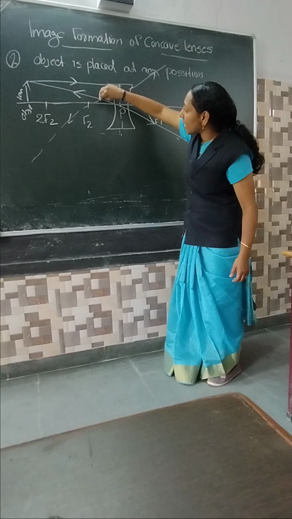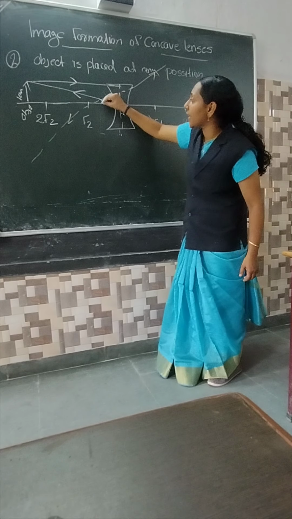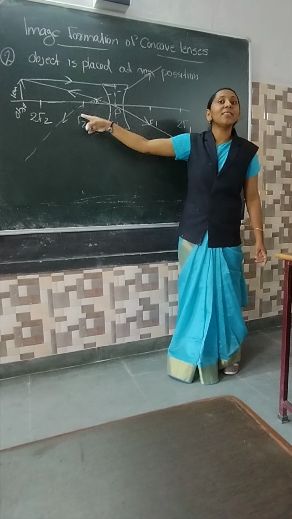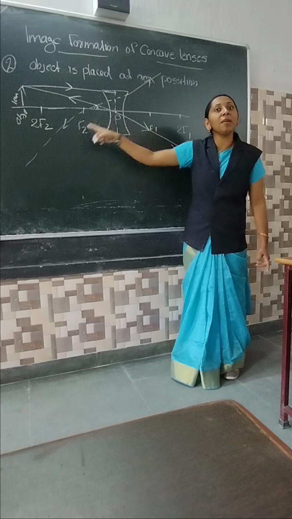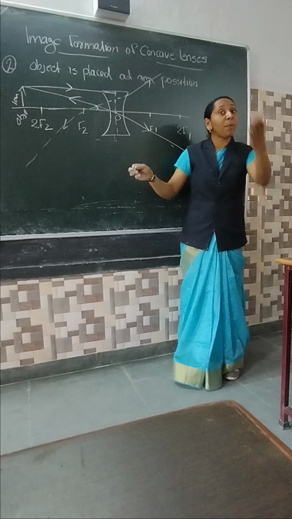Look, now the intersecting point is found here, isn't it? Is it clear to everyone now? So where is this object? Above the principal axis, in between O and F, the secondary focus. Look, the object has changed, but the image is again getting in between O and F. Clear everyone? The properties also are the same.